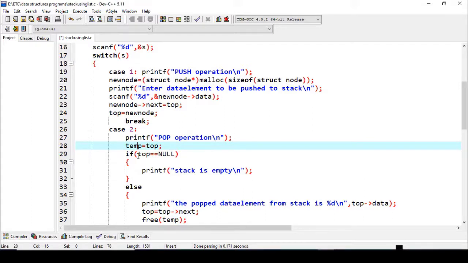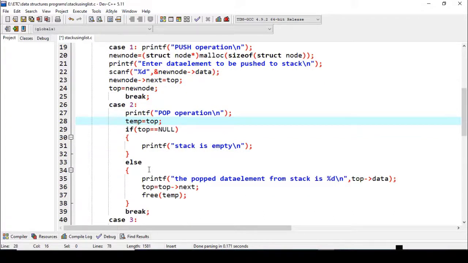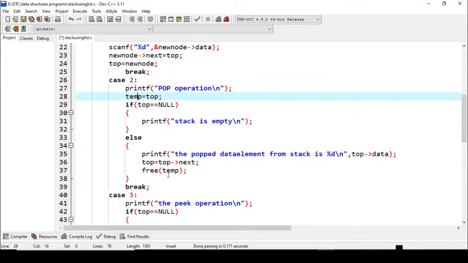Now it will check this condition: whether the top is null or not. If it is null, the stack is empty, you cannot pop anything. This is a very important condition that you have to check for the pop operation. You cannot perform the pop operation on an empty stack. Next is the else case, wherein you can consider the top is pointing to one of the nodes, which is already the last node, and it is not an empty stack, an empty stack linked list. So that time, the data has to be popped.